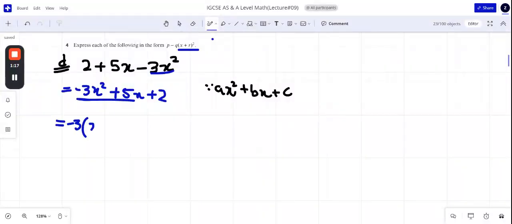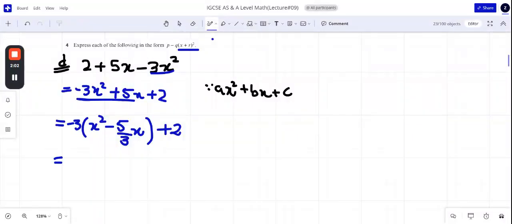So minus 3 is common, it would be x squared. When minus is common, the rest of the signs will change. Now here it becomes a minus and 3 is common, which is not there. So what we have to do in this form is divide and multiply the term. Minus 3 will cancel with the first term and it will keep the same with the second term, and then plus 2 will remain the same.